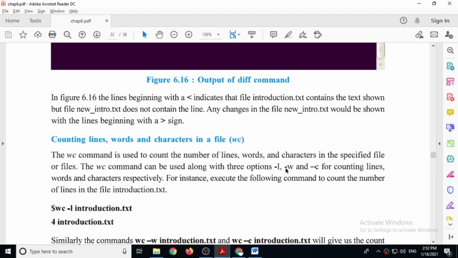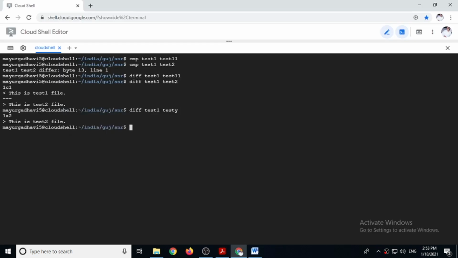If you give -w, then it will display number of words, and if you give -c, then it will display number of characters. Here remember, space bar is also considered as character, so it will also count space bar when you give -c. So let's see the output.